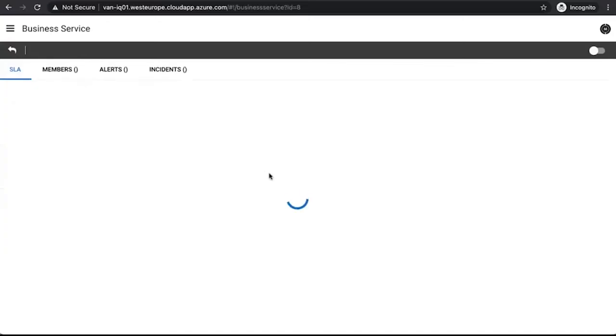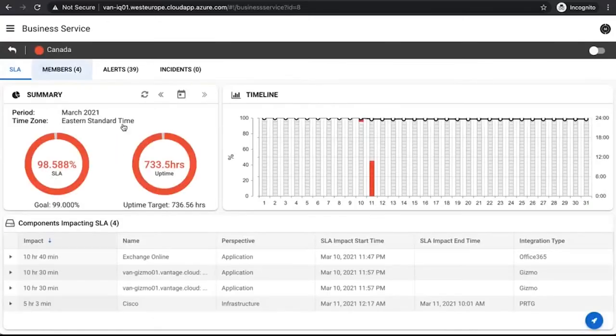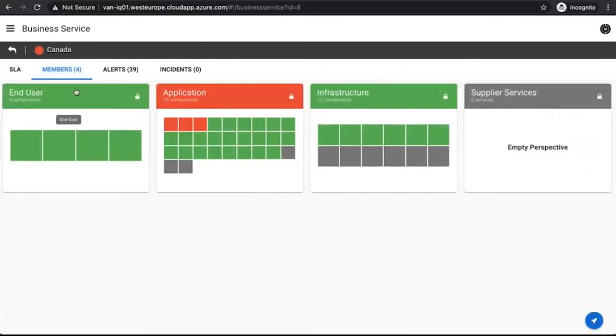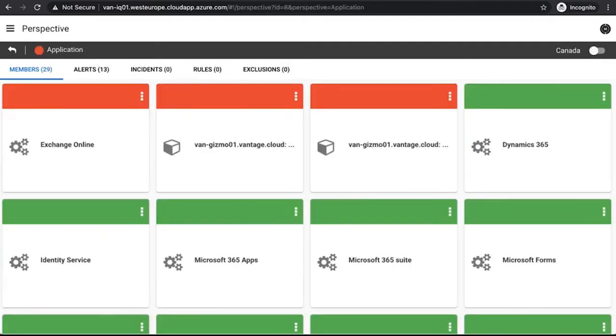So if I drill in, let's take another look at another layer down here and look at the details behind these buckets of end user, application, and infrastructure. So first and foremost, let's go into application first. I mentioned the synthetic transaction monitoring, and that's what I'm getting here with these Van Gizmo. These are my Gizmo robots, those synthetic transaction monitoring pieces that are emulating users, and I can see that they're